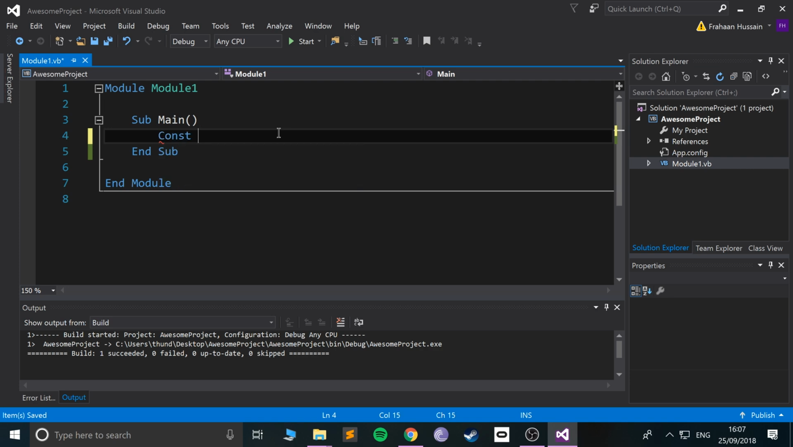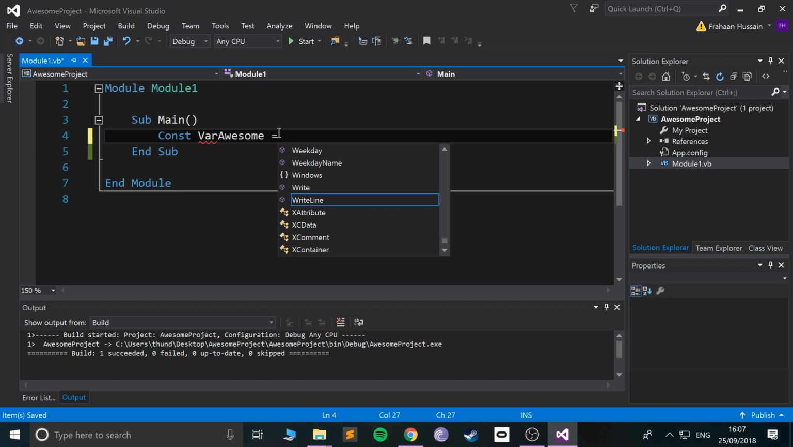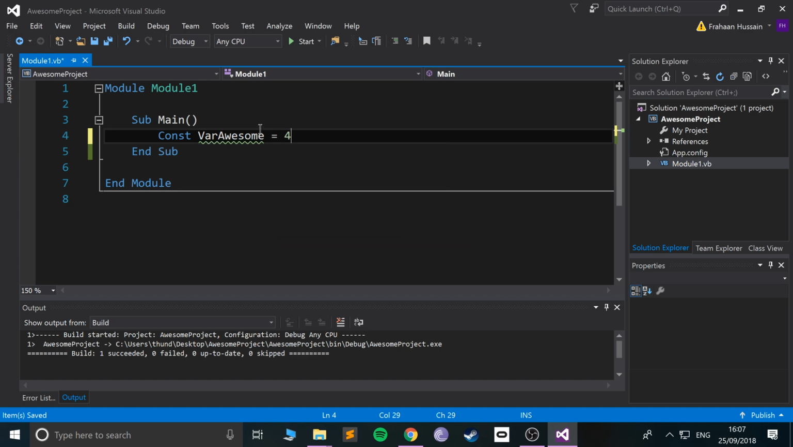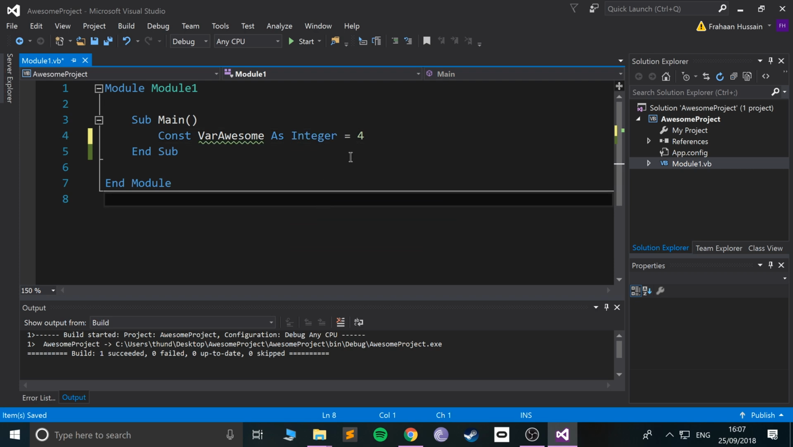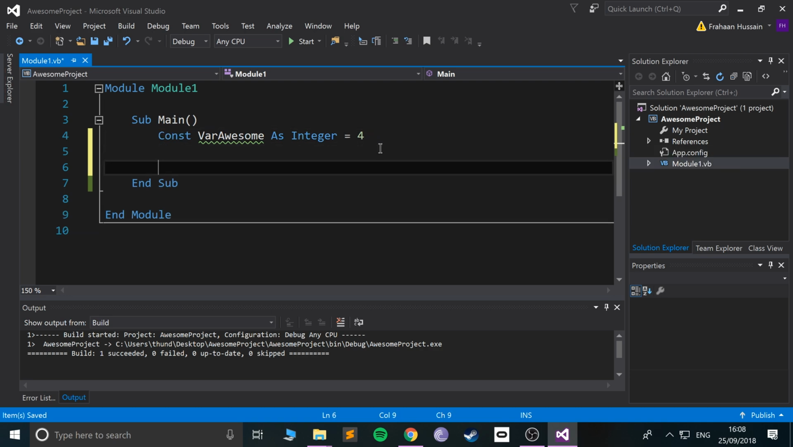const, then the name of the variable, so I'll say var awesome equals, I don't know, 4, for example. It knows the data type itself automatically. You can specify a data type. So if you were to do As Integer, for example, you would have to make sure you assign the value on the line, because remember, you can't assign the value later on. So either method is fine. So instead of Dim, put Const, and now we can do